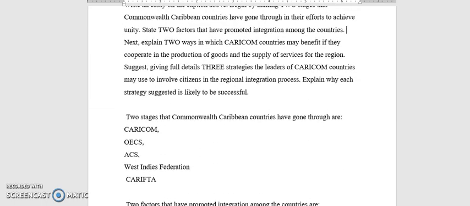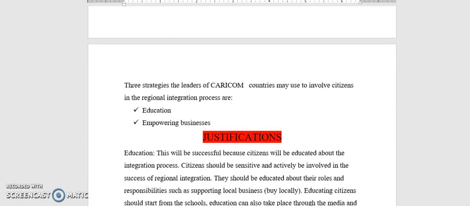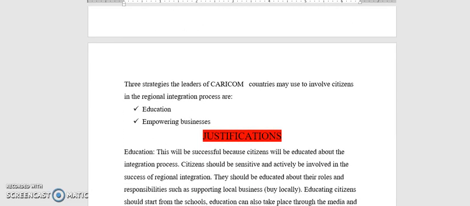Finally, let's go back to the question. Give details on 3 strategies the leaders of CARICOM countries may use to involve citizens in the regional integration process. Explain why each strategy is likely to be successful. Let's go down to our essay. So, 3 strategies the leaders of CARICOM countries may use to involve citizens in the regional integration process are